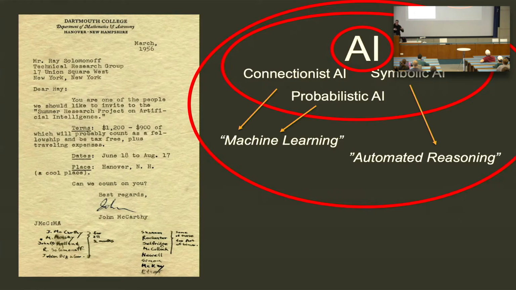But in time, the terms evolved. We increasingly called the statistical view machine learning, and we increasingly called the symbolic AI automated reasoning. I didn't coin the term, but I borrowed it. I was at Microsoft Research in Cambridge, England for 10 years, and next door to our building was the Cambridge Computer Lab. There, Mike Gordon, Larry Paulson, those folks had the automated reasoning group, and so I thought the name was nice. One of the reasons I really like the name is it starts with the letter A, so we would show up alphabetically first in any listing of scientific disciplines. I liked that a lot.